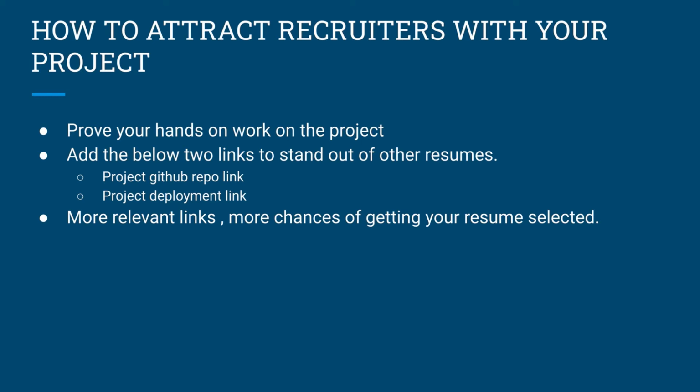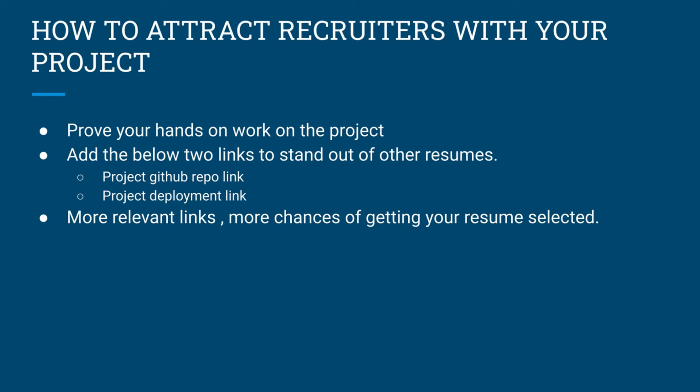So once you have done the project, right, you will be writing the code, just deploy that code on GitHub and add that GitHub link onto your resume. These links actually add a huge advantage when we talk about the off-campus placements, because the recruiters do not just check your basic things, right? If you mention a project, they won't know that you have actually done it or not. But if you add certain links to that, that will actually prove that you have done some hands-on work on that project, and that will clarify your hard work, right? So you should add, one thing is your GitHub link, the other one is the deployment link.